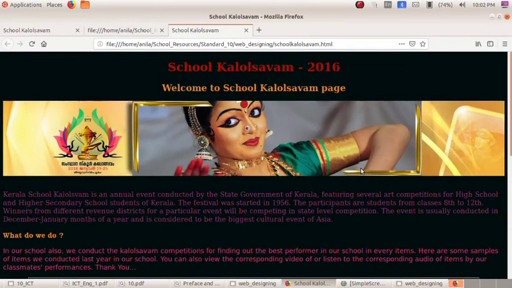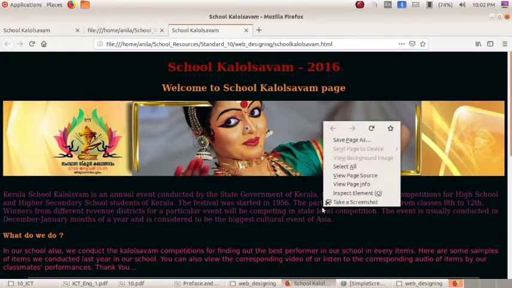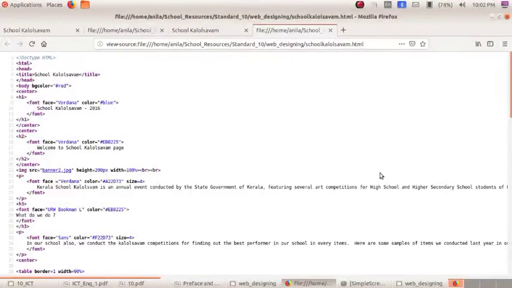So we want to see the page source of this web page for filling this table. How can we see the page source of this web page? For that, just place the cursor anywhere, then right click. Select the option View Page Source. Okay, see, this is the hypertext markup language, HTML language. There are a lot of tags like html, head, title, body, center, h1, font face, font color, etc.